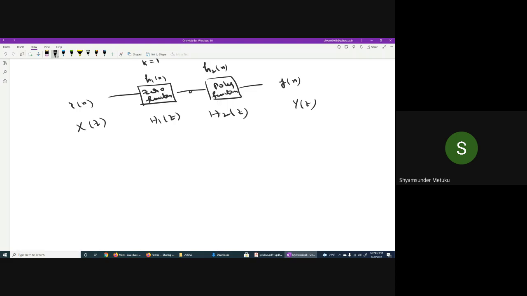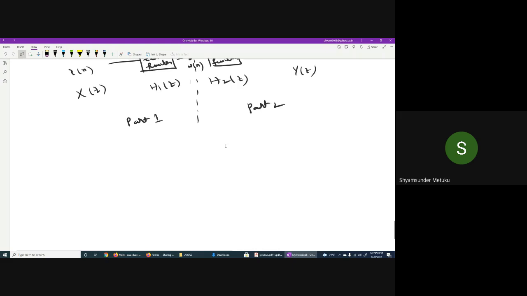Now we wanted to derive the structure. To derive the structure, always think of this particular division into two parts. Maybe this is called part 1 and this is part 2. We are interested in the output of part 1. Let me have a w of n, which is the intermediate output, and the final output is y of n. We are interested only in the first part. I'm redrawing only part 1, where the input is x of n. You have the zeros function.